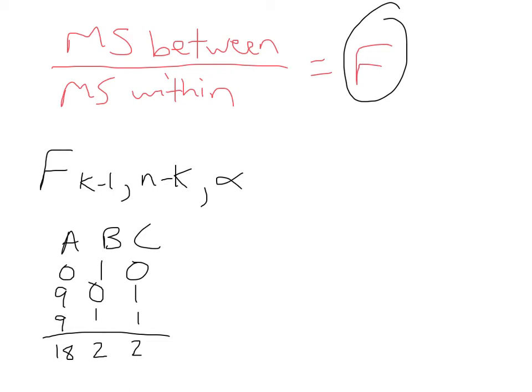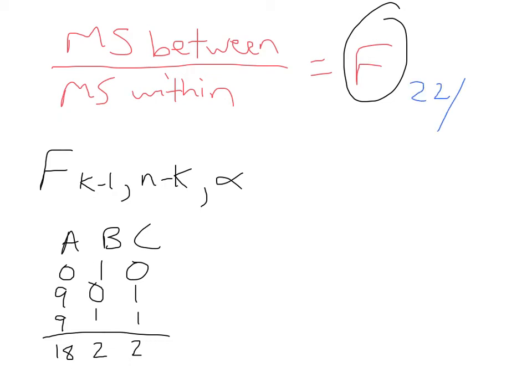So for my sum of squared within, it's the sum of these three numbers, 18, 2, and 2, which gives you a total of 22. Okay. So on the numerator, I have 22 divided by something. Oh, sorry, that's my within. That's my denominator. So on the denominator, I have 22